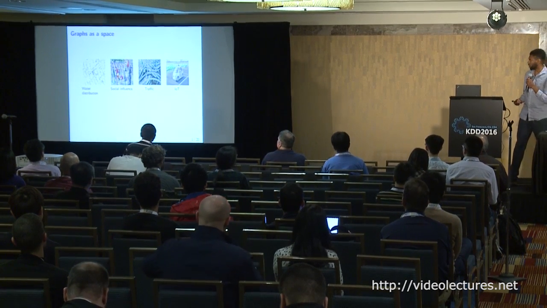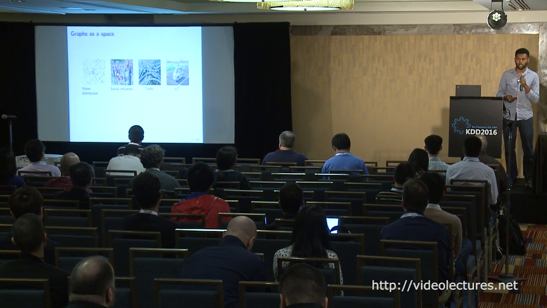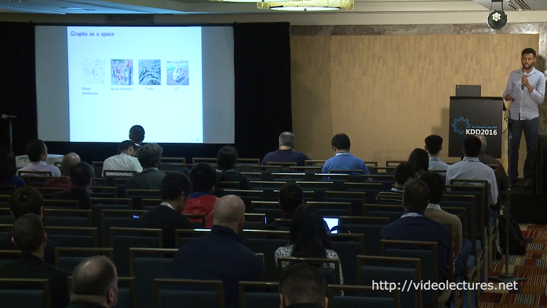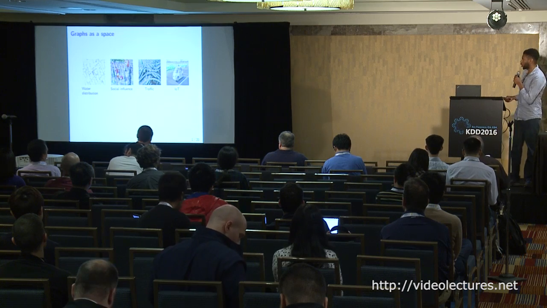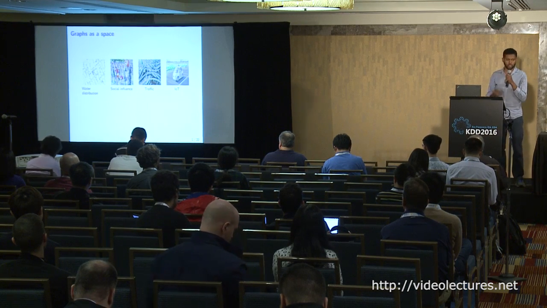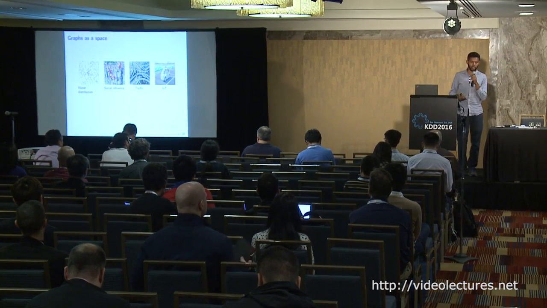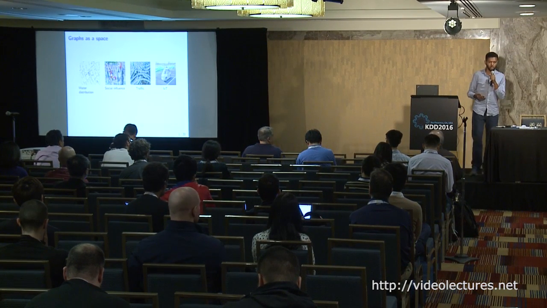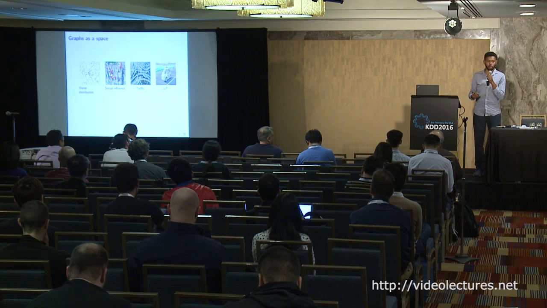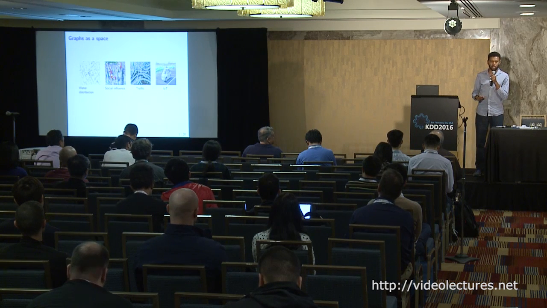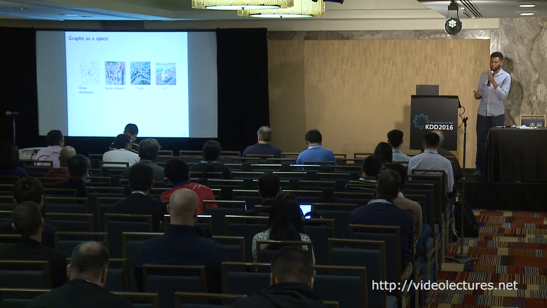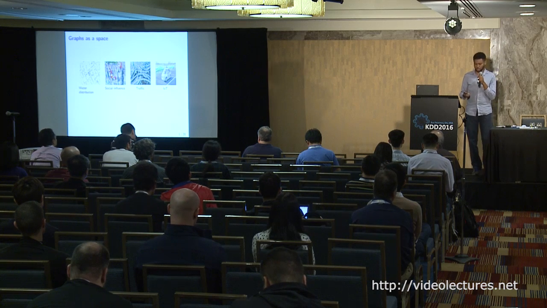Let's say you have a water distribution network, right? You might have some contamination that's spreading on top of that. Or if you have a social network, then you have things like influence and information cascades. Or in a road network, we have a well-known structure, but you might have trajectories happening in the network, and those trajectories are generating data. And we are looking at how you can represent that data on top of the networks.